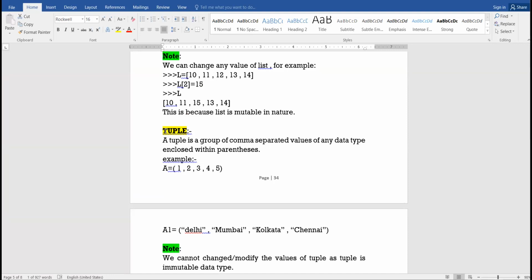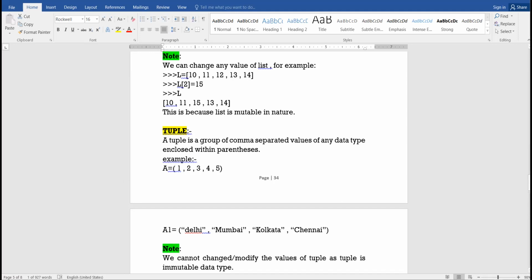In list, elements are enclosed in square bracket. In tuple, elements are enclosed in parenthesis or round brackets. Here also assignment is not possible because tuple is treated as an immutable data type.